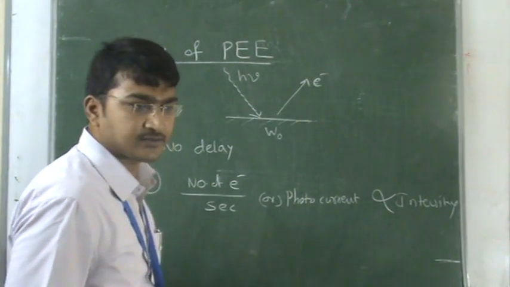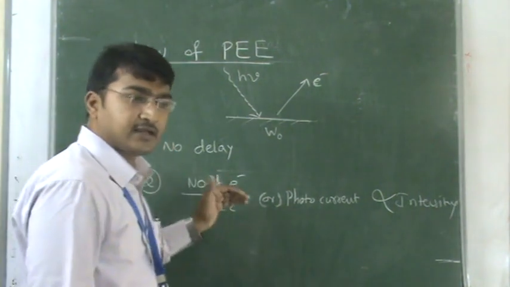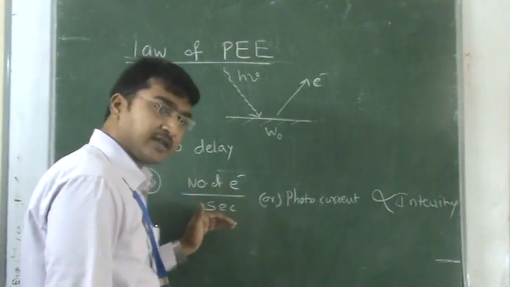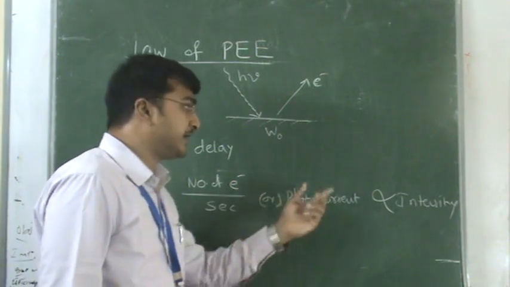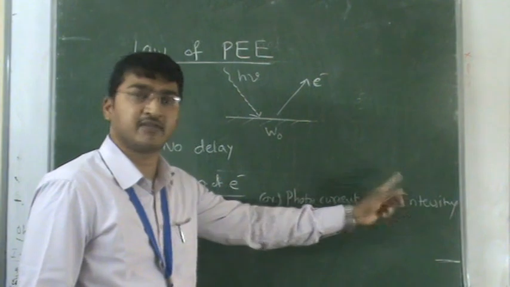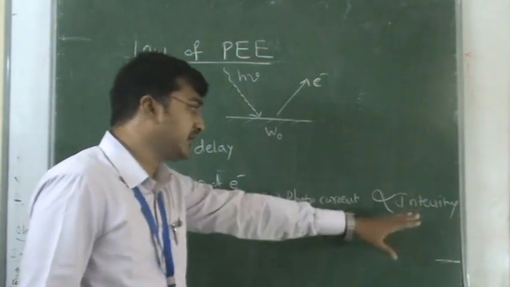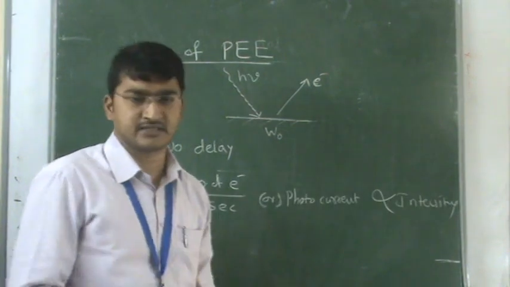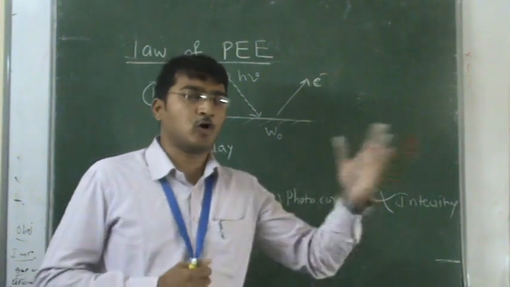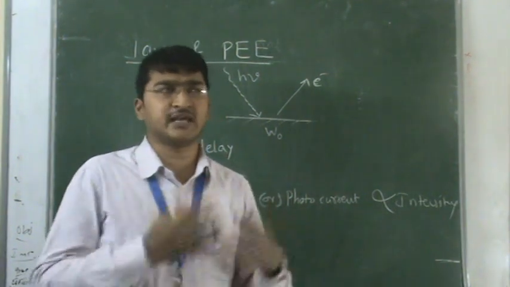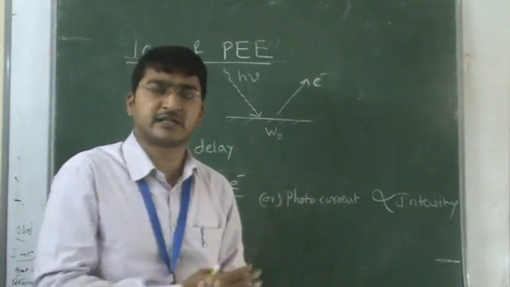The number of electrons emitting per second from the metal surface, also called photocurrent, depends upon the intensity of light, not on frequency and energy. It's only the intensity of light. I will give one example of different intensity: sunlight, morning and afternoon. What's the difference here? Same light, same frequency, everything the same, visually we can see.